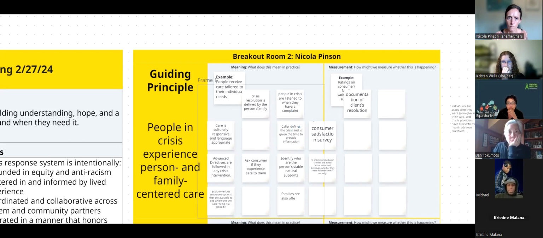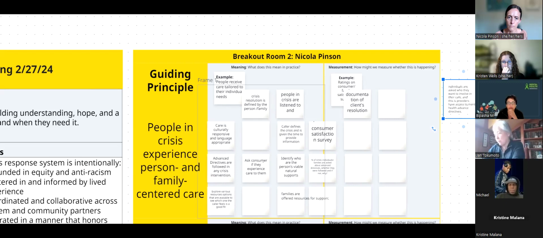Where is your cursor now? Third row, second column. Ask consumer if they experience care to them. Unclear if that's what you would like included. Yeah,